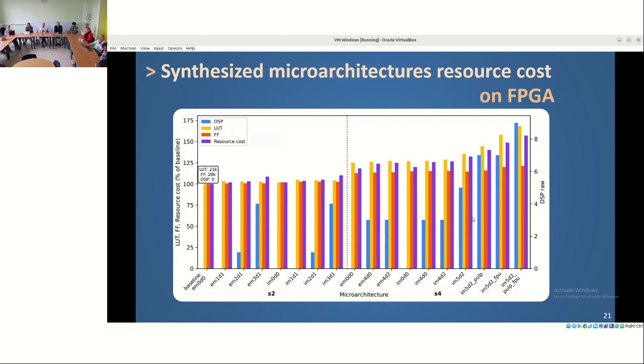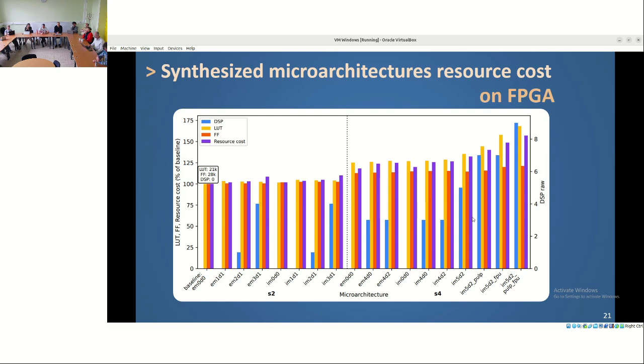And using a resource cost function that is custom to FPGA synthesis, so it's based on digital signal processors, lookup tables, and flip-flops, it gives us different resource costs. Those resource costs are then used to compare the microarchitecture internals between themselves. And our baseline here is at 100%. And we can reach a difference of up to 157%, meaning we have a 57% difference between the costly 4 stages microarchitecture with floating point units and the 2 stages